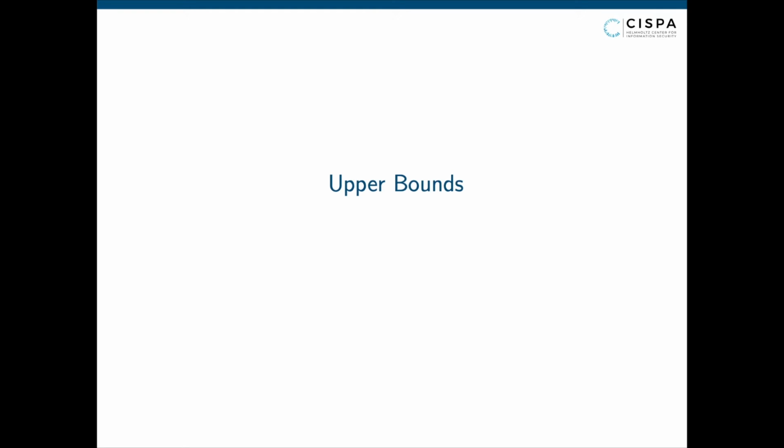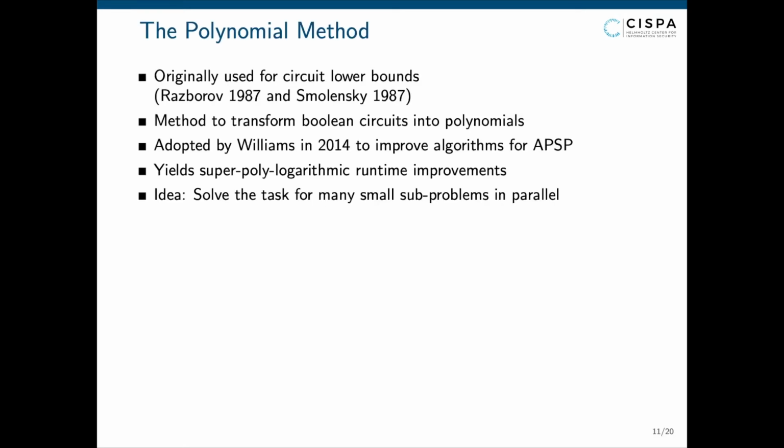So now let us take a look at an example for the upper bounds. And for this, we just take a short look at a very general concept, the polynomial method. It was originally used by Razborov and Smolensky to show circuit lower bounds, and it's a technique to transform Boolean circuits into polynomials. Williams used this method to improve the algorithm for APSP, the all pairs shortest path problem, and it yields a